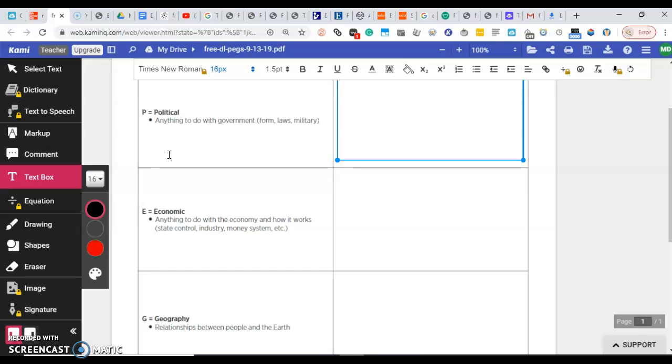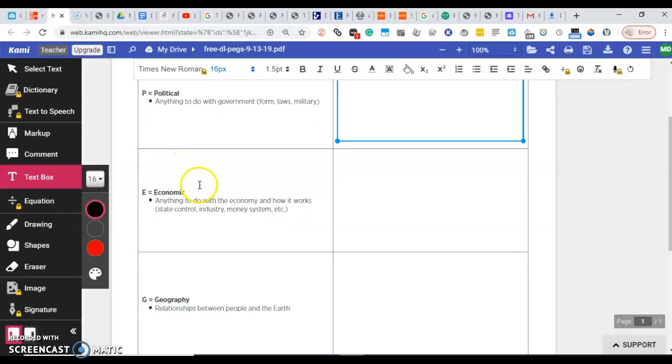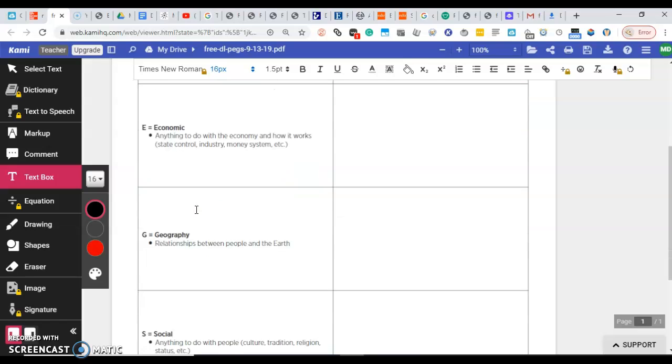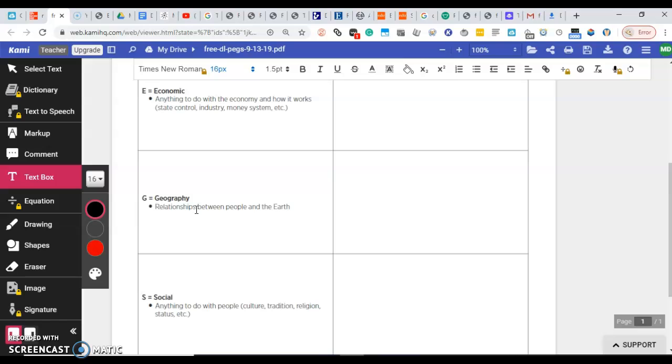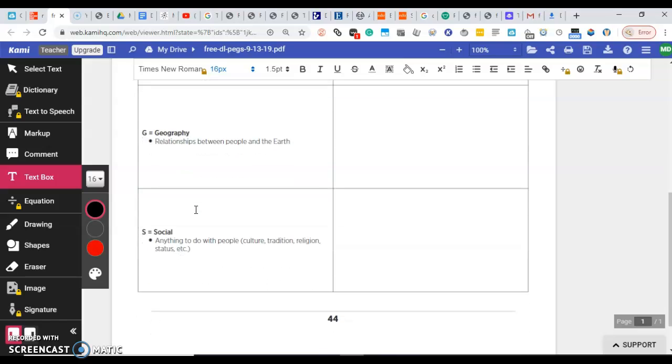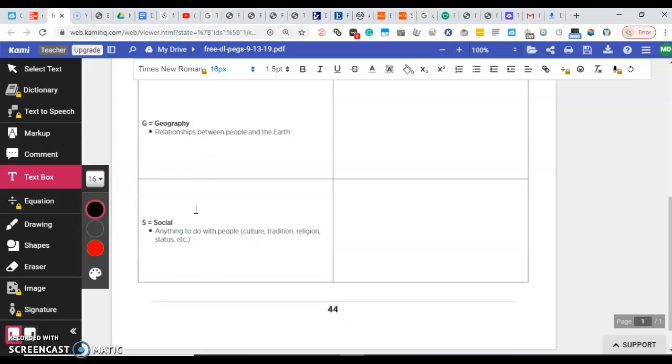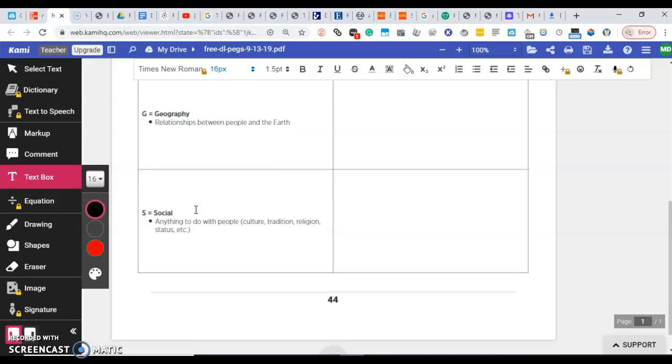presidents, etc. Economic, anything to do with the economy, how the government controls money, industries, anything like that. Geography is relationships between people and the earth, so anything that we do to the earth or the earth does to us. And then social, anything to do with people, culture, which we haven't really talked about much, but I